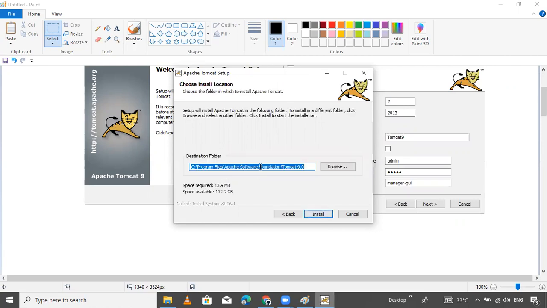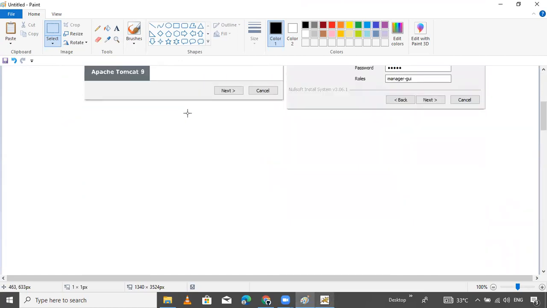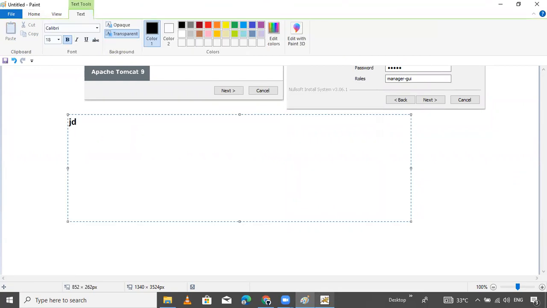Now this is the Apache Software Foundation, and this is our installation directory. The mandatory thing in your system is JDK.